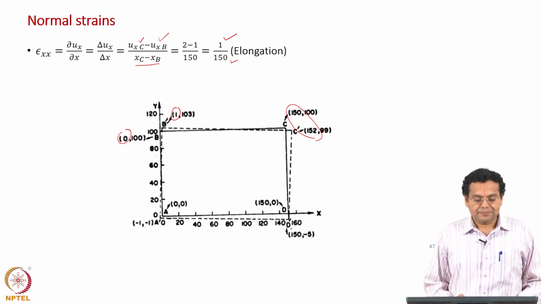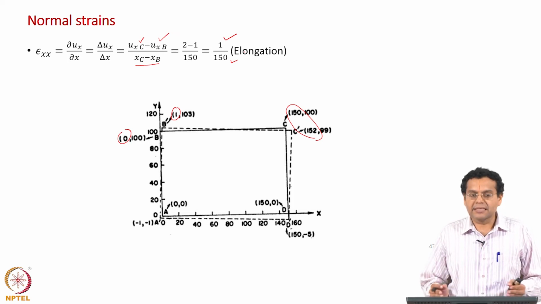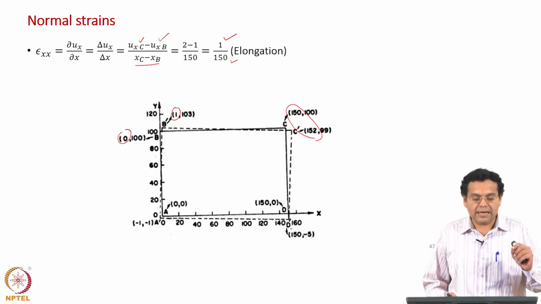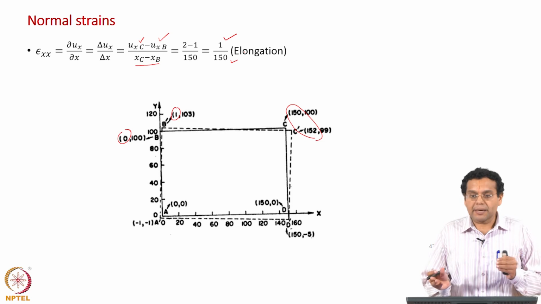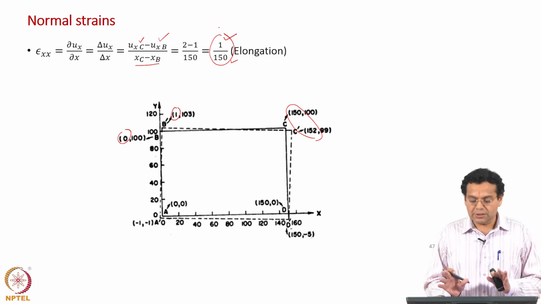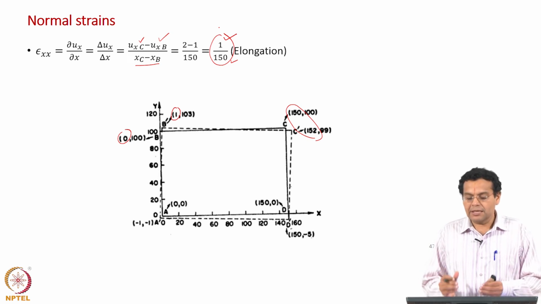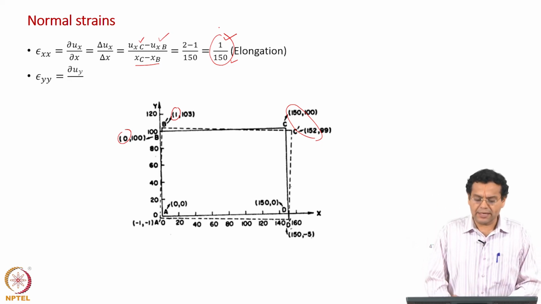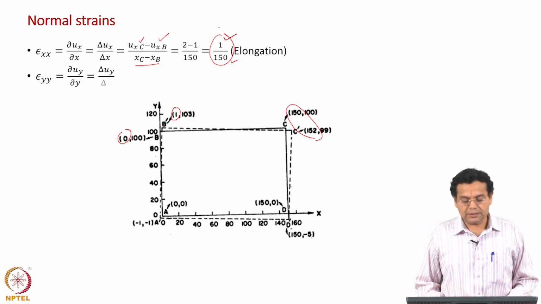Now, what does it tell you? It is a positive value, which means that the line element has undergone elongation. If you compare BC and B dash C dash, you can easily see an increase in length, of course a small increase, 1 by 50. Remember, what we have calculated is the fractional change in length, the change in length divided by the original length. What you see here is just the change in length, but anyway qualitatively you are seeing an increase in length. Okay. So, let us do that along the y direction considering particles C and D.